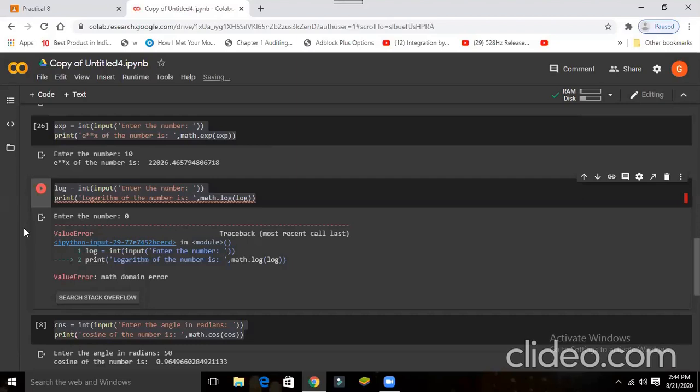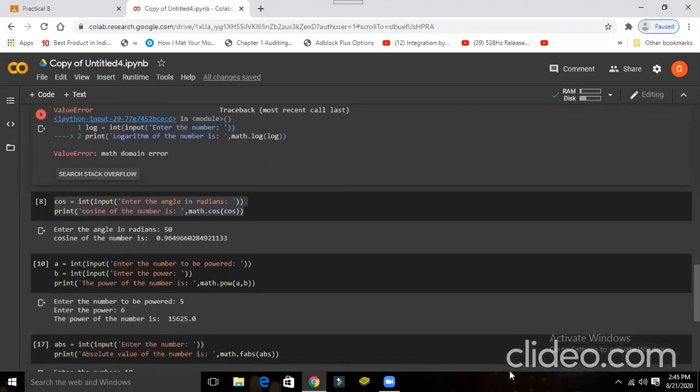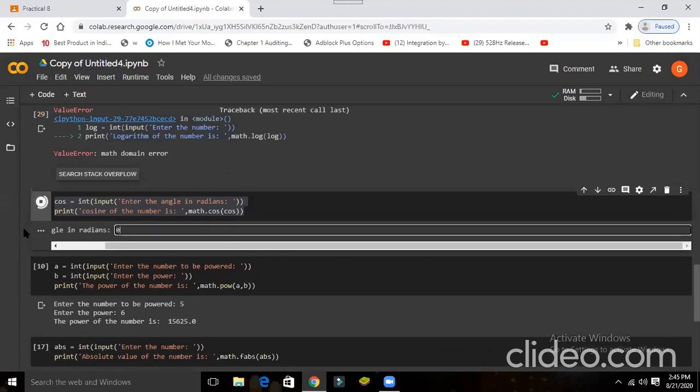Okay, right. Now the next function is cos. So you are writing cos, the input is the angle in radians, and it returns the cosine of the number. So you are giving cos value 15. Cos 0, in radians.